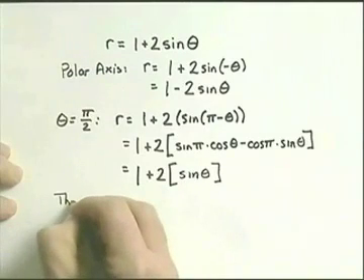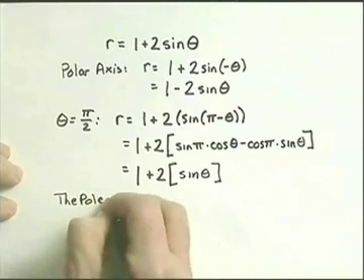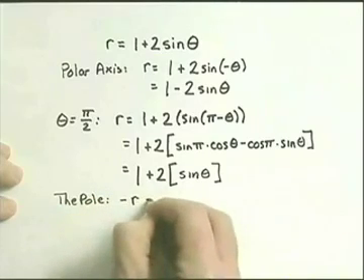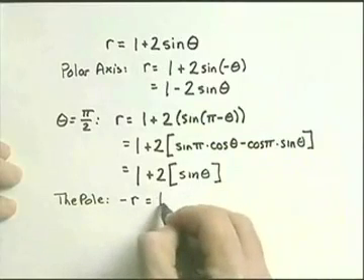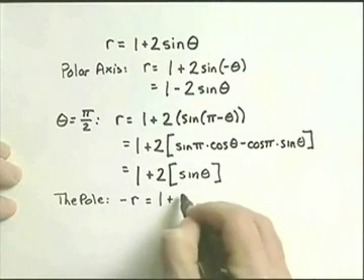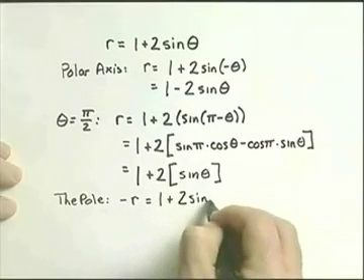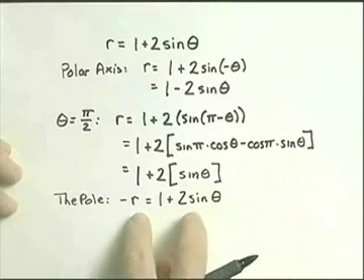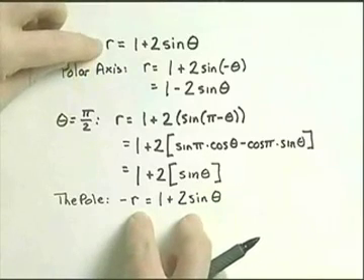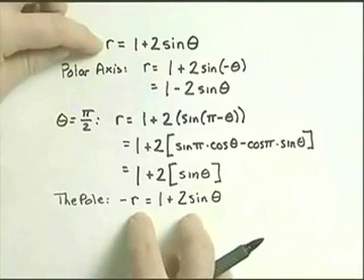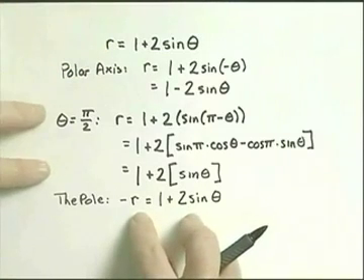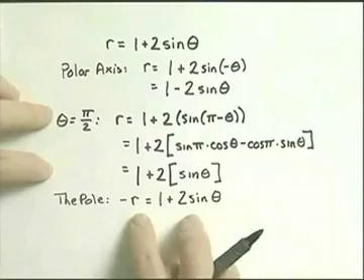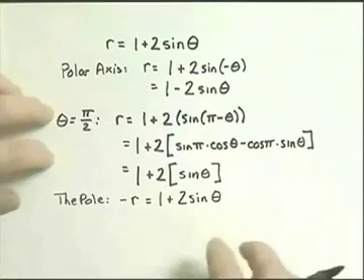Finally, we can check for symmetry with respect to the pole. The way we do that is replace r by negative r. We get negative r equals 1 plus 2 times the sine of theta. This is not equivalent to the original expression, so the graph may or may not be symmetric with respect to the pole. Now, because I do have symmetry with respect to the line theta equals pi over 2, I'm going